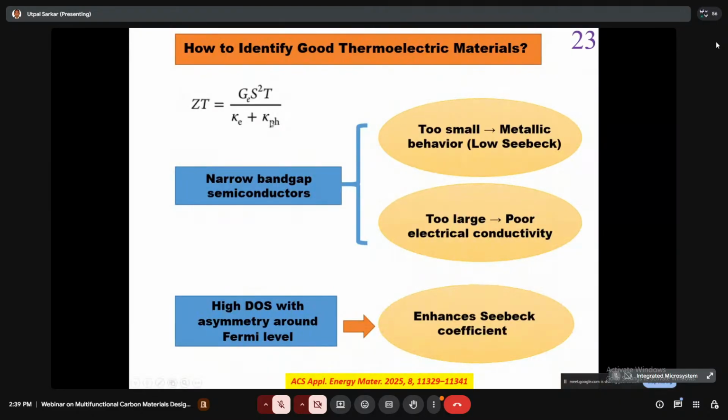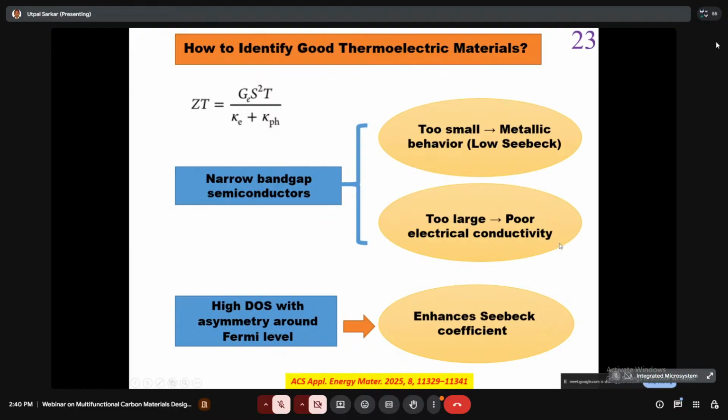K_ph value is very, very small compared to the electronic part K_e. The electronic part is more dominating than the phononic part. However, the phononic part also gives some contributions. So for which type of material will we propose here, we need a higher Seebeck coefficient. If you consider a metallic system, then the Seebeck coefficient will be less. A too narrow bandgap semiconductor means the Seebeck coefficient will be less, and it is not very suitable. Too large,